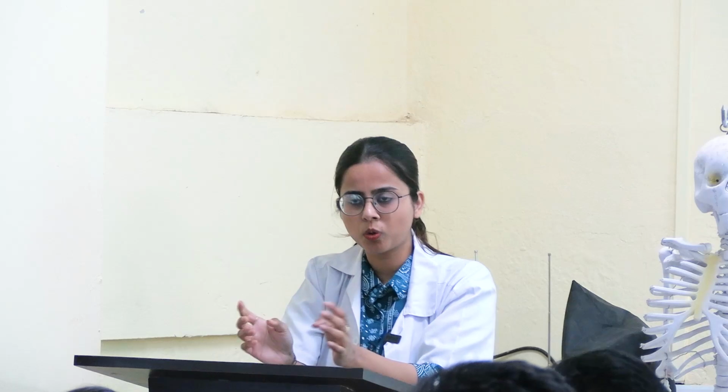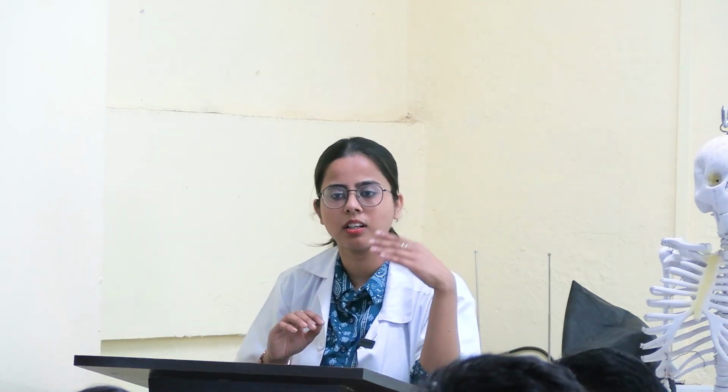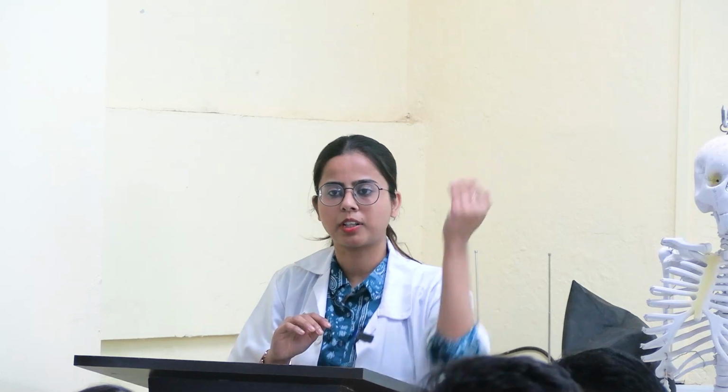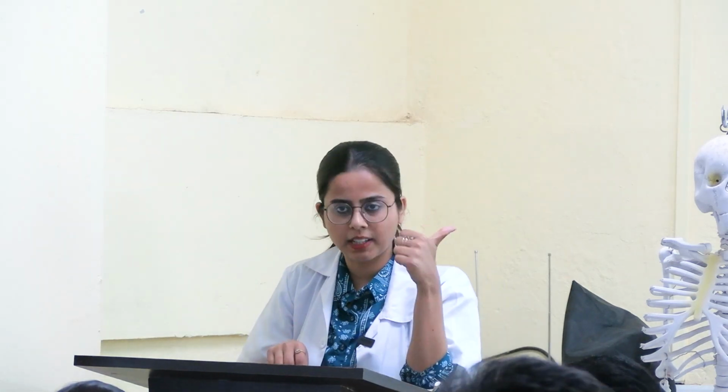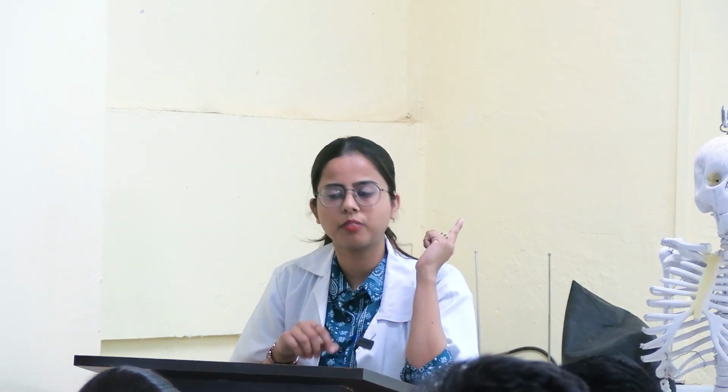A typical rib has two articular facets. One articulates with the numerically corresponding vertebra, and another articulates with the higher vertebra. But in the case of atypical ribs, the 10th, 11th and 12th, there is only one articular facet for articulating with the vertebra. Now the 10th has two differences. First, it is shorter than the typical rib. Second, it has only one articular surface for articulating with the vertebra.